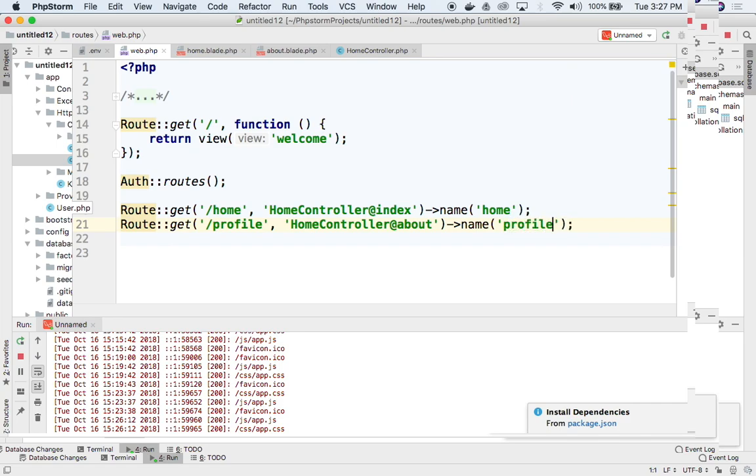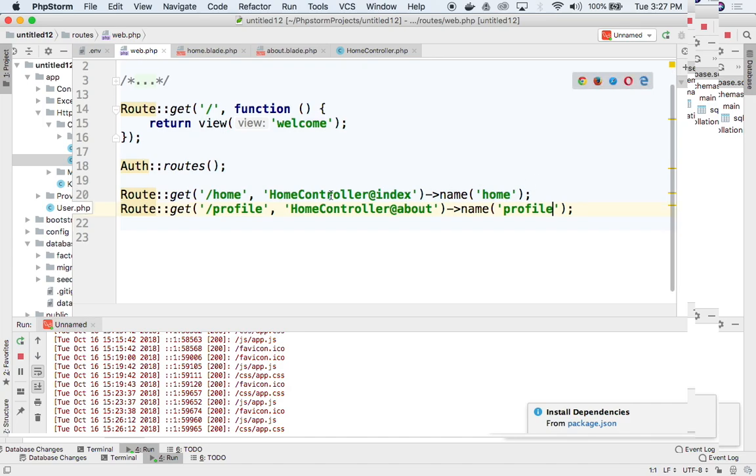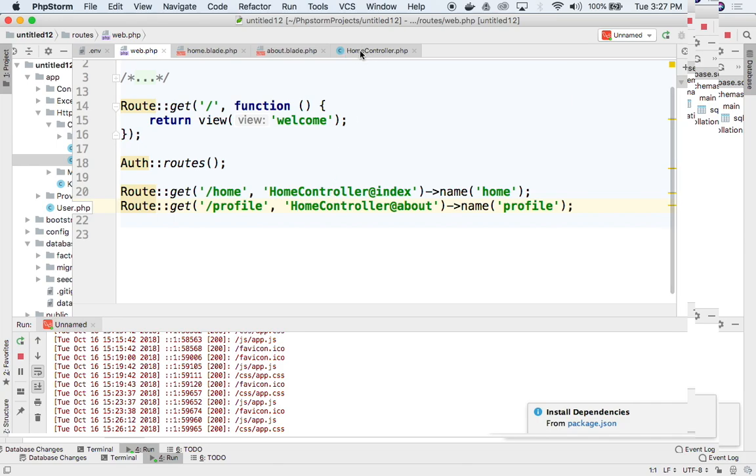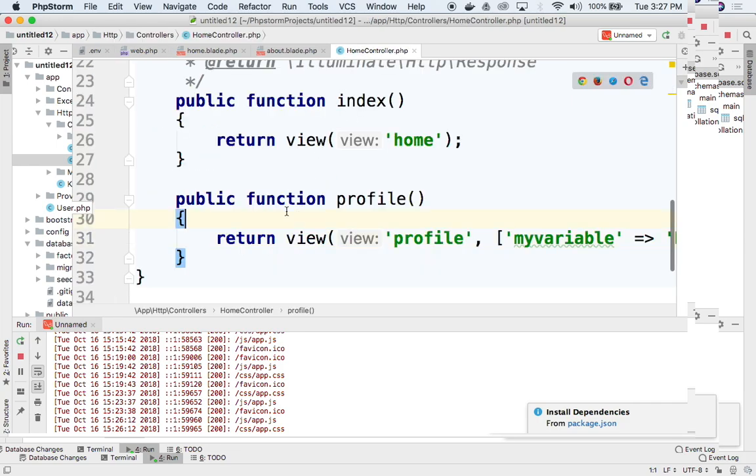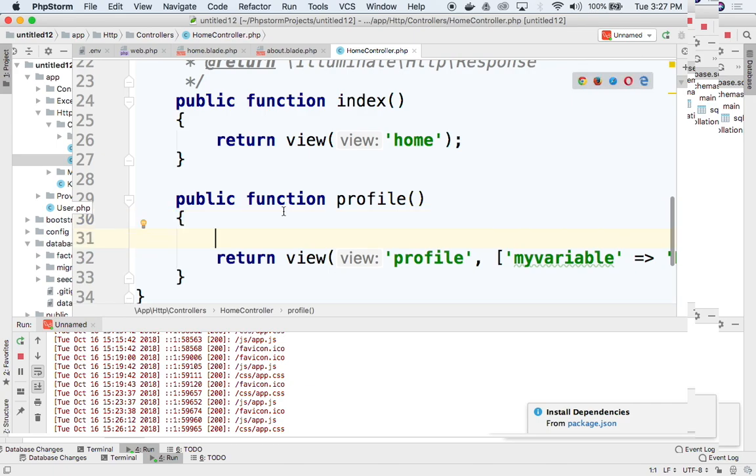Because what I want to do is, we already have one record. We have my user that's signed up into the account. So I want to go retrieve the user, retrieve myself out of the database, get that object that has the data that is me, and I want to print it out and see what it says, and then I want to take it and pass it to the view. So I'm going to come back over the home controller into the profile, and then I'm going to say $user equals